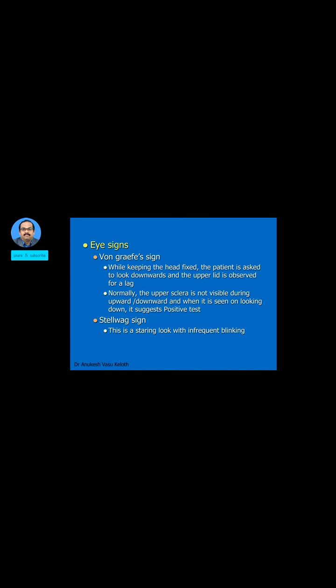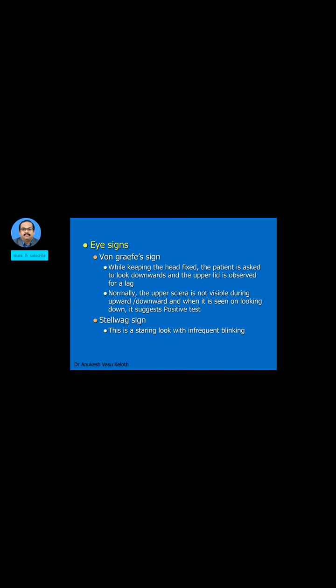Then you have a set of eye signs which are seen in thyrotoxicosis. Again, in secondary thyrotoxicosis, you don't see much, but in primary thyrotoxicosis, you can come across eye signs. So we have the Von Graefe sign. So here what you do is you keep the patient